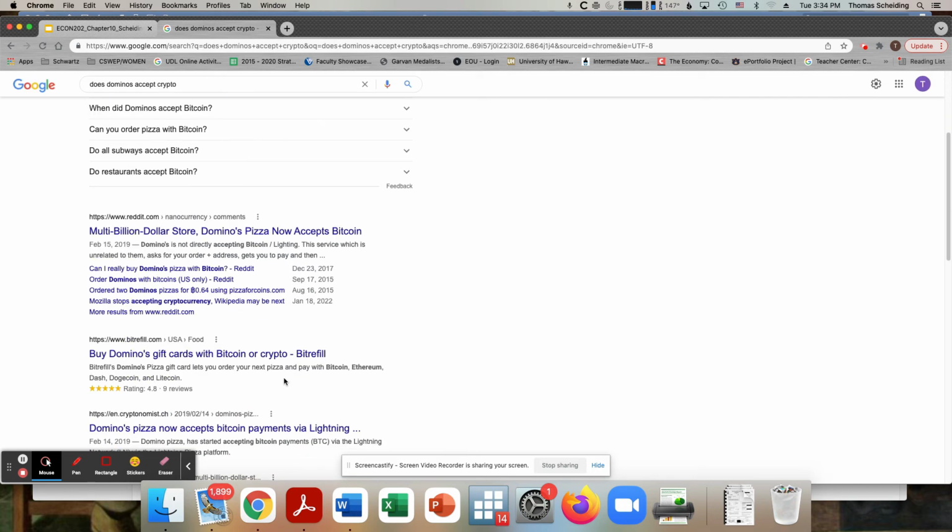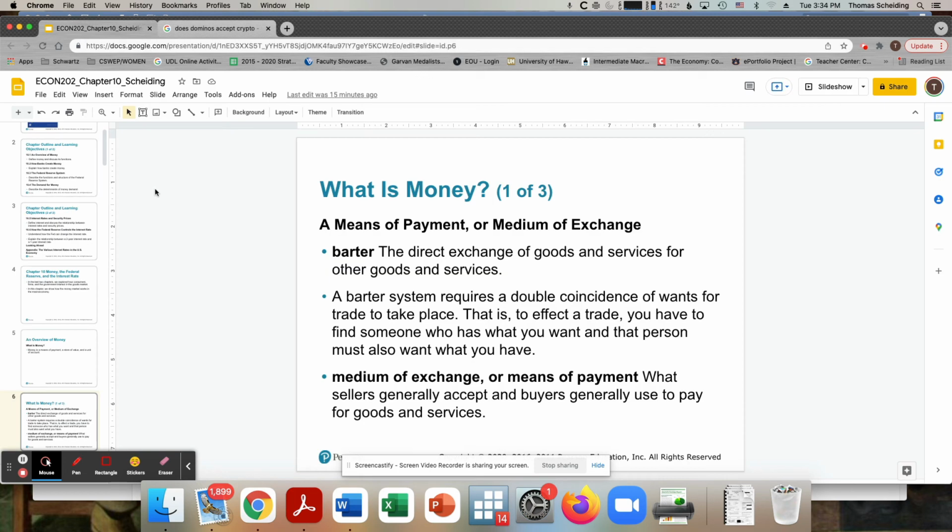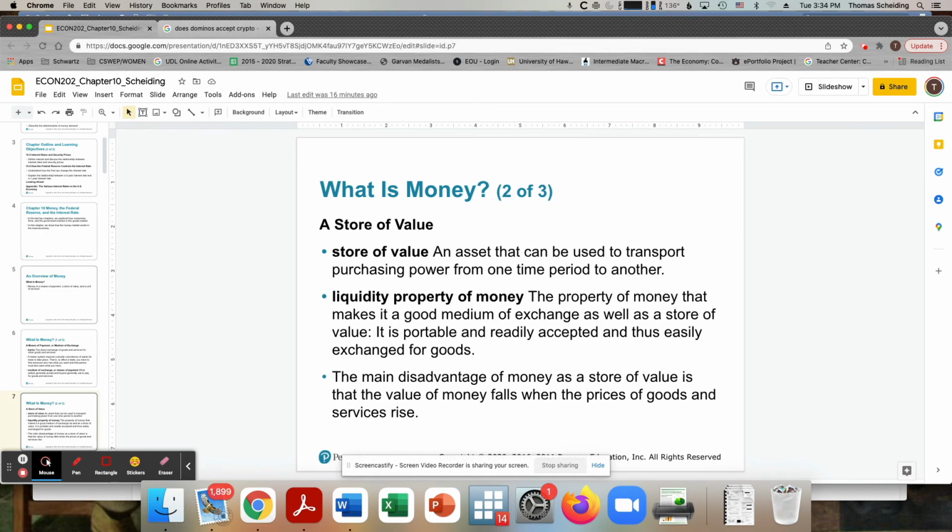There's our problem, right? Who's going to take the Bitcoins that I have? It starts to not be money. It's something else. Here's our store of value purpose. How is it holding its purchasing power over time? Is it easy to use it? And again, to contrast this for cryptocurrencies, we see that the value is changing rapidly over time. Plus, it's not easy to turn it into dollars, or it's costly to turn it into dollars.